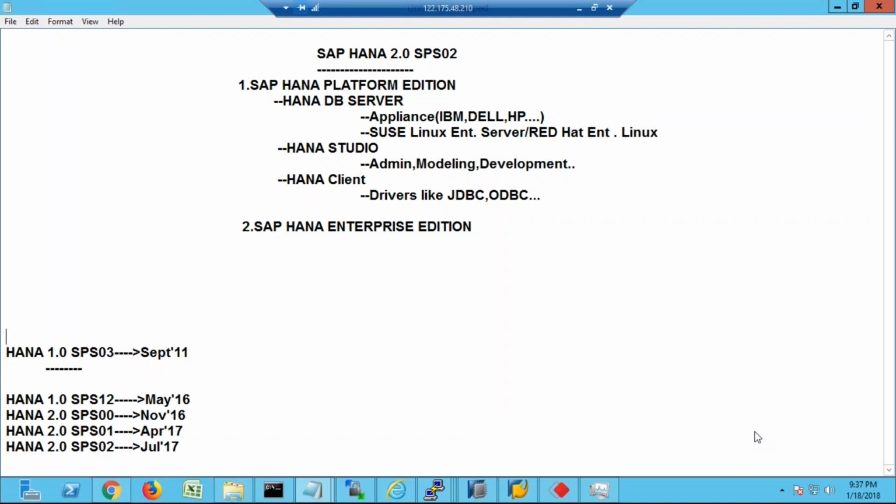Okay, let us continue on our discussion on this licensing concept. So yesterday we started off our discussion on that basic platform edition. So as we discussed, the platform edition's most basic core component is the HANA database server,